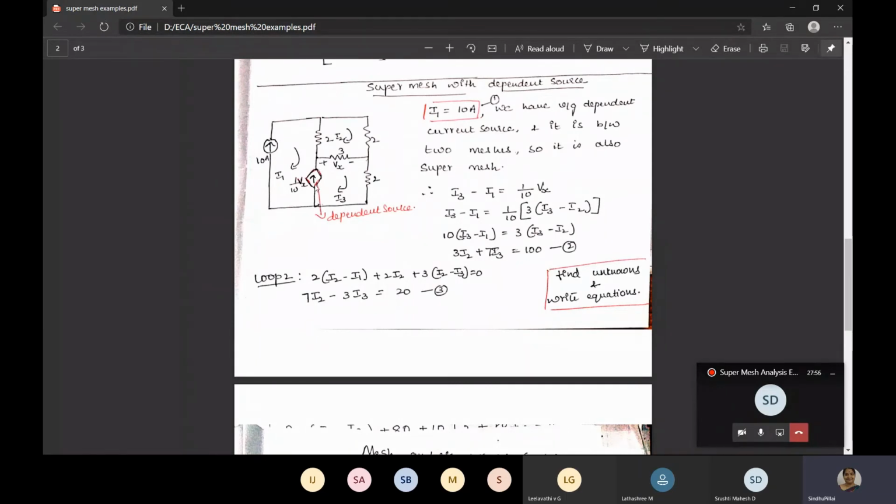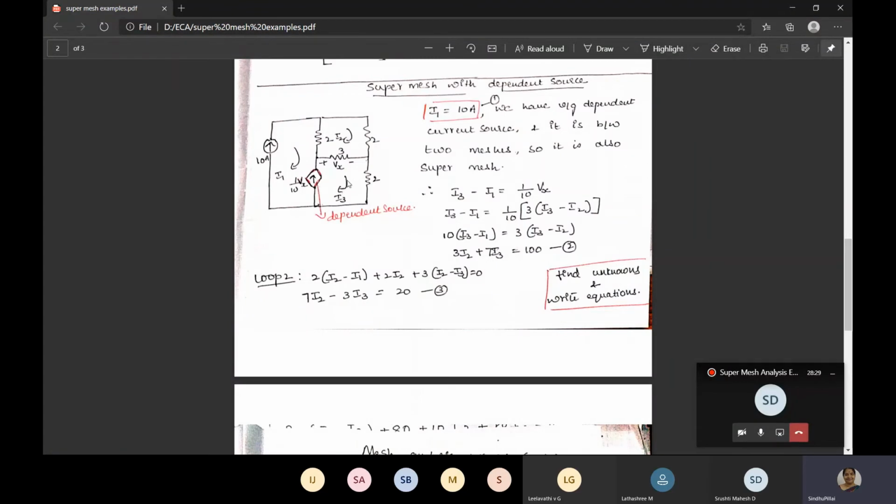What type of current source is it? It is a dependent source. We have to see how it is written. Okay, it is not written. The symbol of it should be observed. So what type of current source is it? It is a voltage dependent current source. That is important. Since it is a current source and it is between the 2 meshes I1 and I3, it represents a super mesh. So you have to write the super mesh equation as usual.